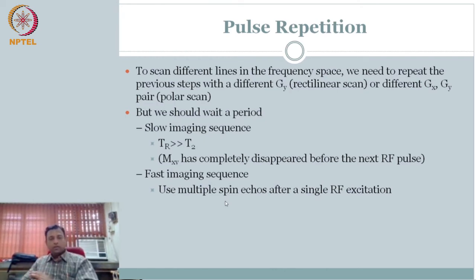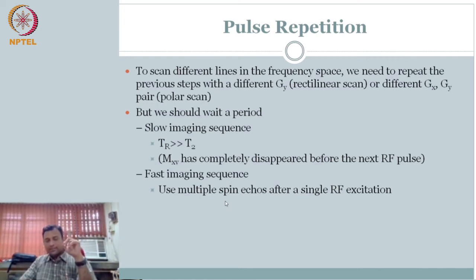So what can we do? The whole idea is I'm getting the signal from a volume, from a slice thickness. How did we do that? We applied a Z gradient. Not only that, if you only apply a Z gradient, you don't get signal because it is all cancelling. We applied a polarity switch for a short duration. So we made what is called a refocusing pulse in the Z gradient. Why did we do that? When you do the refocusing, it will focus back and the signal will start to appear.